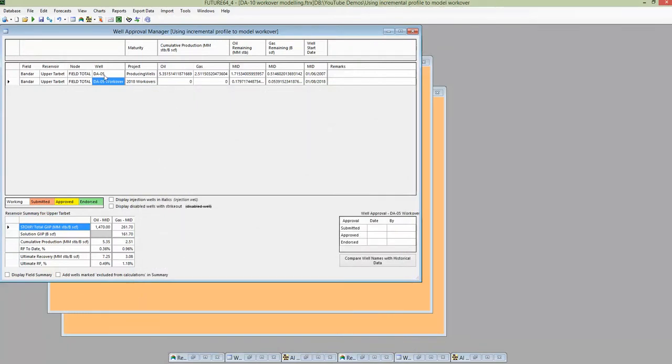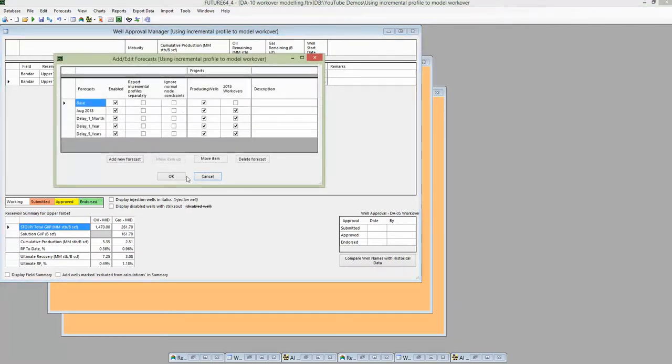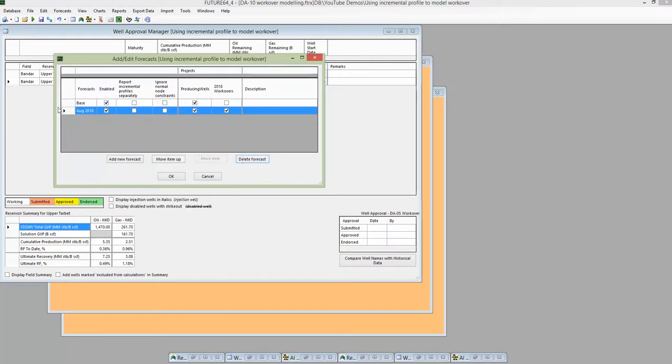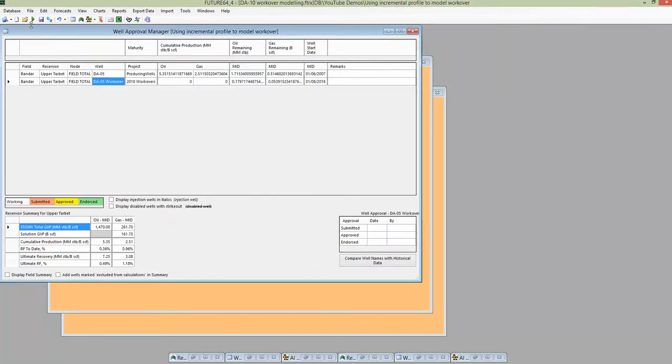So we've got the physical well and the workover defined in different projects, and then we define what forecasts we want. I'm just going to get rid of these ones. So we've got a base forecast and then a forecast with the workover as well. Then when we run the forecasts,